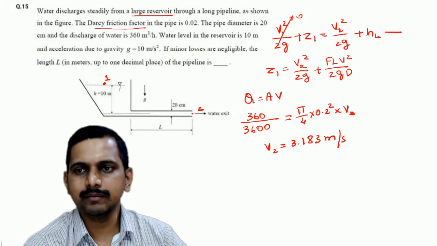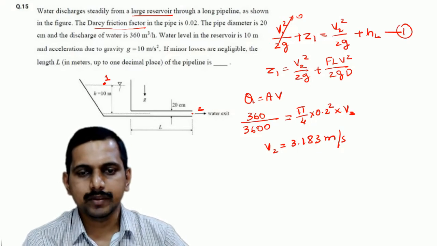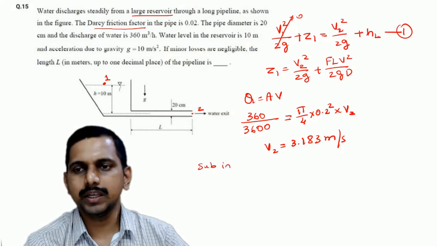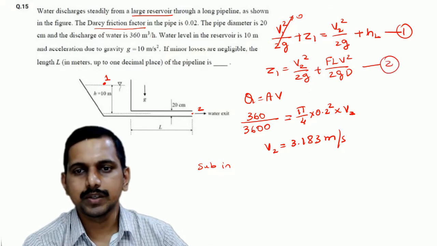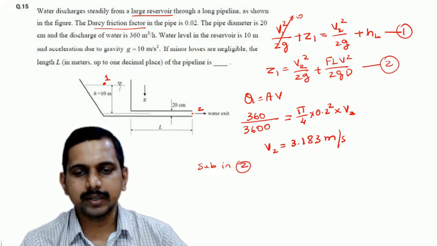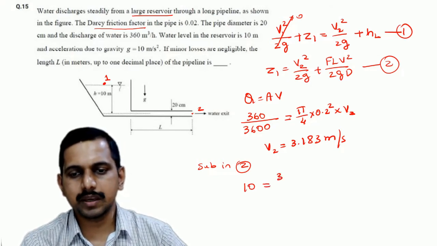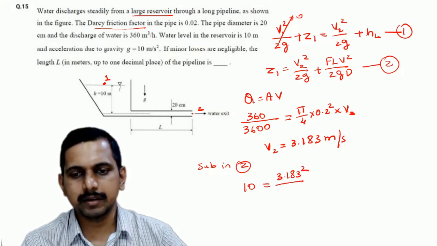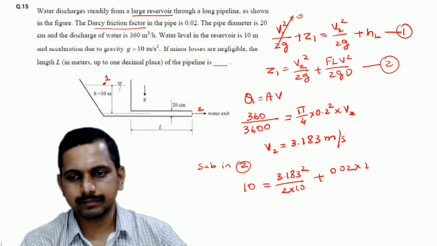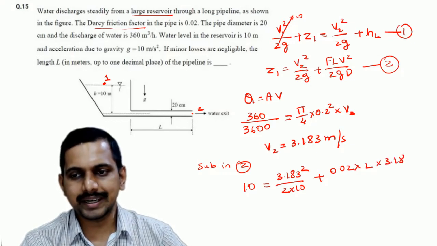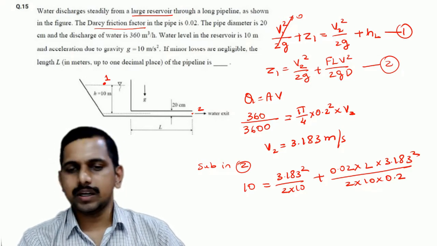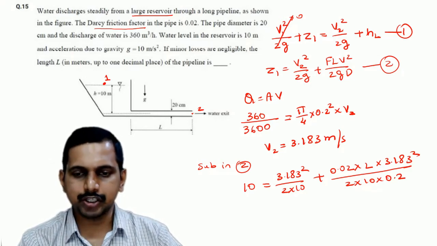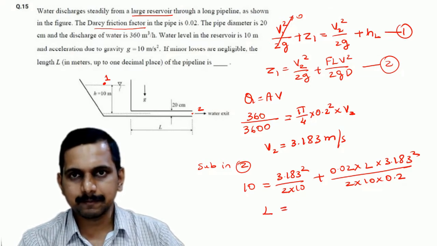So in the equation, we will substitute these, substituting in 2. If I substitute in 2, we get Z1 is 10 equals V2 square, 3.183 square divided by 2 into 10, plus f is given 0.02 into L, which is what we have to find out, into V is 3.183 square divided by 2 into 10 into diameter 0.2. Correct. Now while I calculate in this fashion, I will get the length as